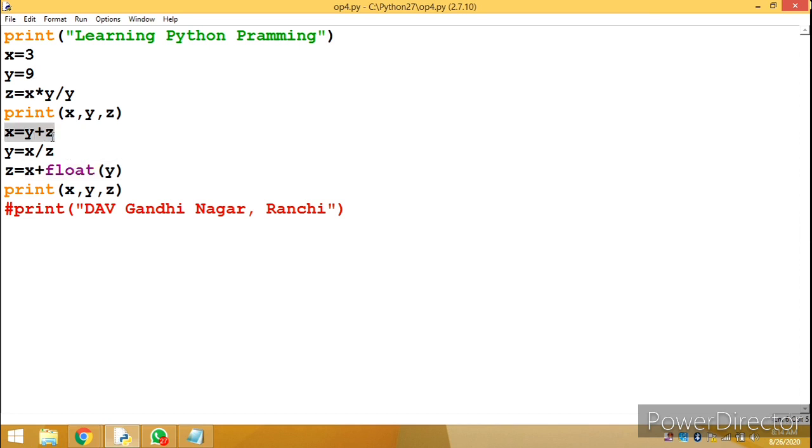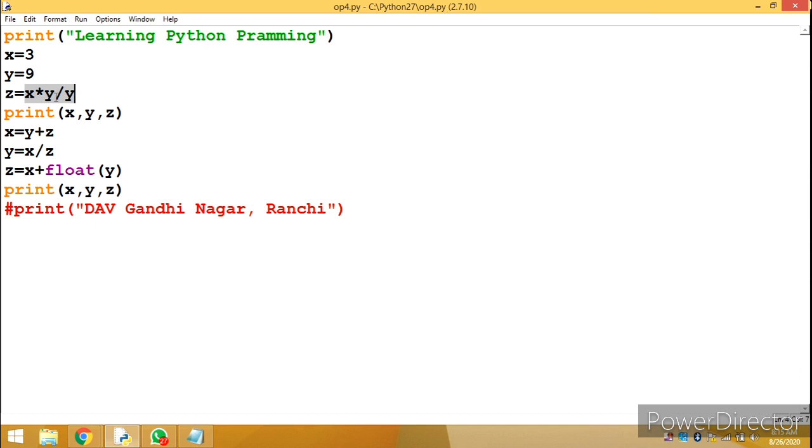Yes, this one. What's the problem? We are now getting a new value, and that value is a float, for the variable x. So what is the last value of y? The last value of y is what we got, 9. So 9 plus 3. What is the value of 9 plus 3? Sir, the y value is 9 and the z value is the output which we have got from here. Now the z value is this.